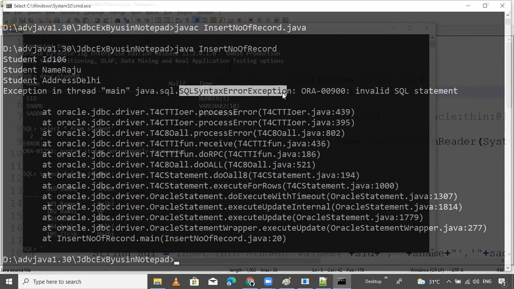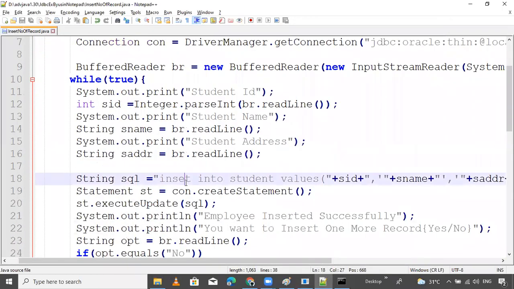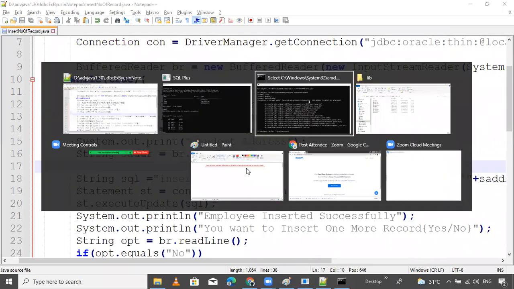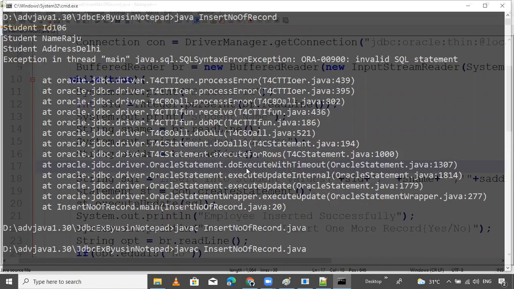That's why preparing the query is the important part. Let me check where I made the mistake. In insert, a spelling mistake. So now compile. If you are in the learning process, you will get this type of error from the machine. That's why I will not use EditPlus for preparing advanced Java programs. But for awareness purposes, I'm showing how to run a JDBC application using EditPlus. Otherwise, I will use only the Eclipse IDE.